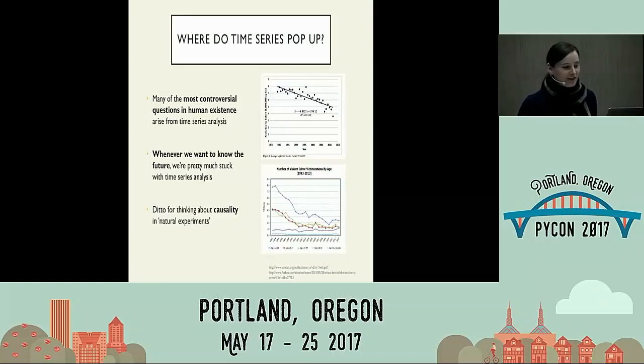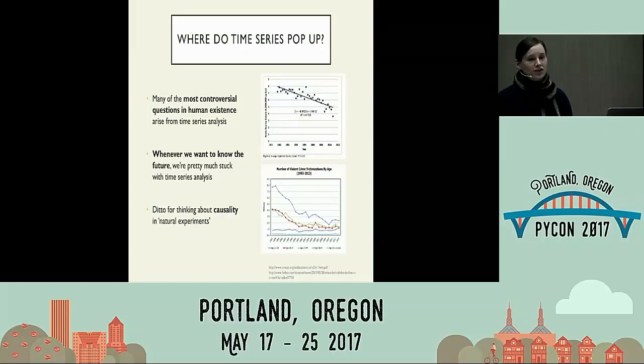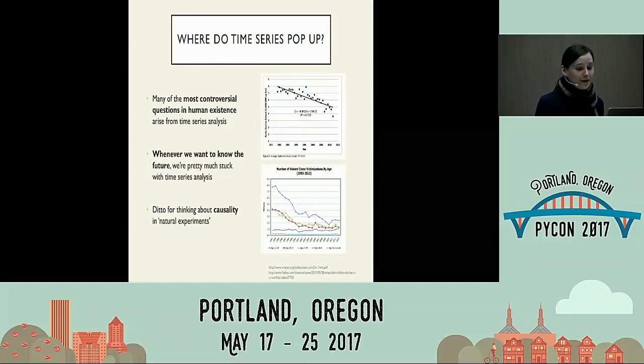Are we fitting the time series properly? Below that, I've got a plot about whether crime is going down over time, right? Is it going down, or is that just a blip? These are questions that actually drive how our society functions, how we allocate resources, whether we call ourselves Democrats or Republicans, right? Is partly like what you think about these time series. So these things are everywhere.